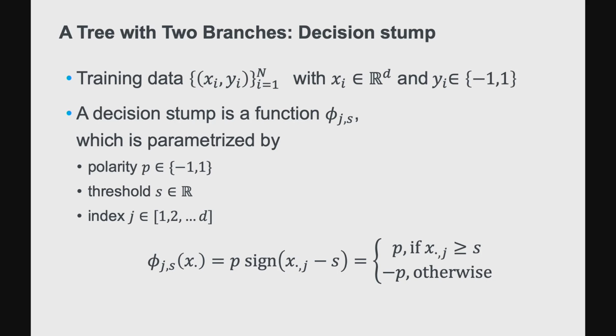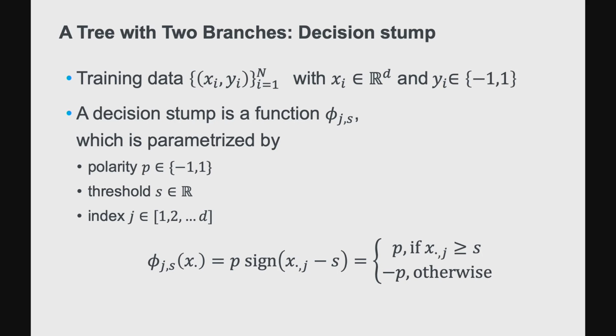So here we have this classification problem. For some vector describing an object, we have y_i's, which come from the one class or the other class. Now, a decision stump is a very simple function phi, and this is indexed. So we have d many decision stumps. And it has a polarity that's not described here, but down there, and we have a threshold. And so decision stump indexed by j, with a threshold of s,